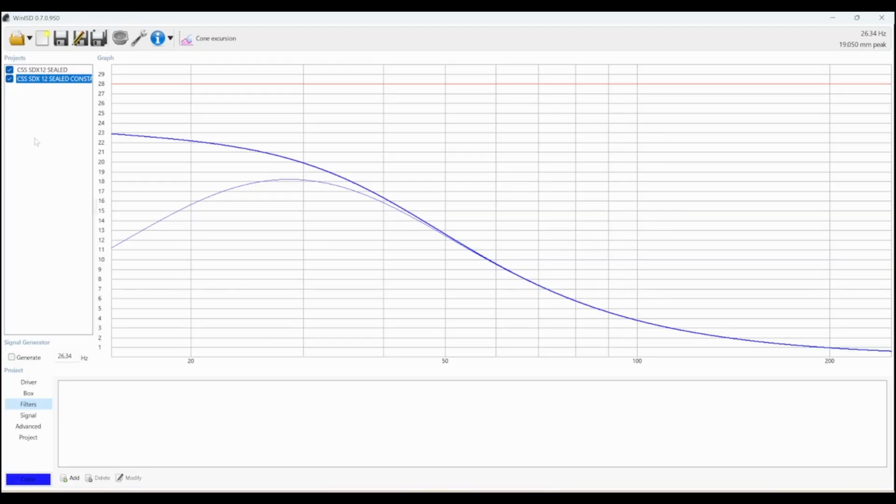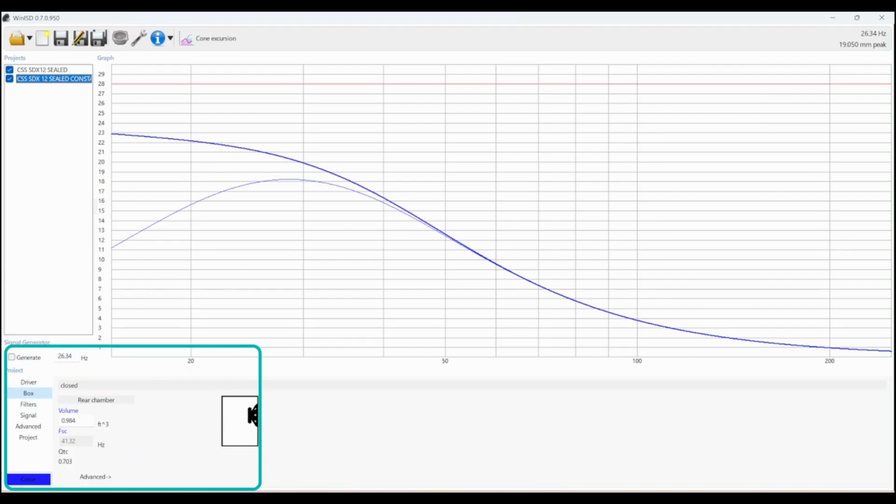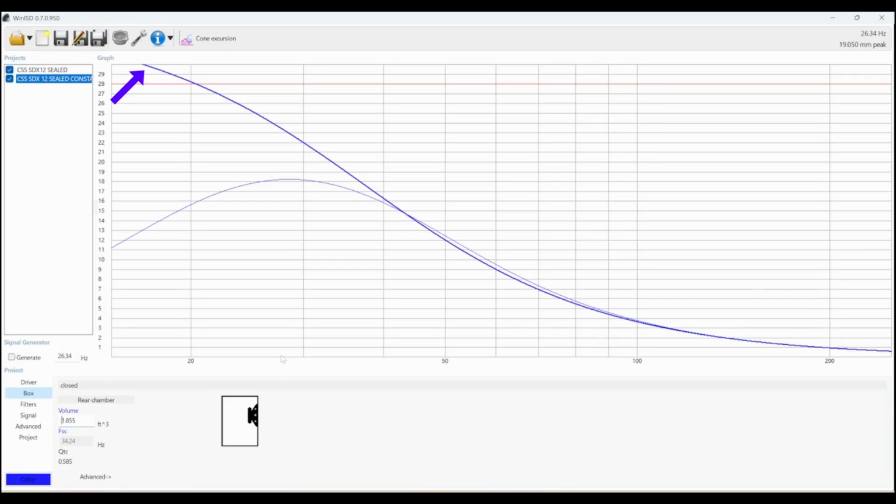Now with the filter off on one of these, our tester if you will, we can see that the response here doesn't exceed our red line, which is considered our Xmax, which matches the parameters of that subwoofer, but that's because the box size is here, and if we increase the box size, I'm using my up arrow here inside this volume box, we can actually make the subwoofer exceed the Xmax, and by doing so, we would expect that the subwoofer would have a problem achieving this because the linear travel available is exceeded. This means that the graph is not actually showing what the subwoofer would really do,